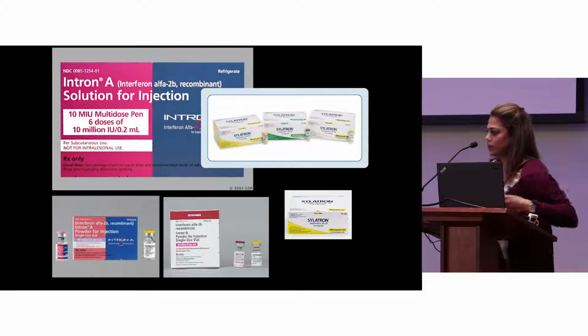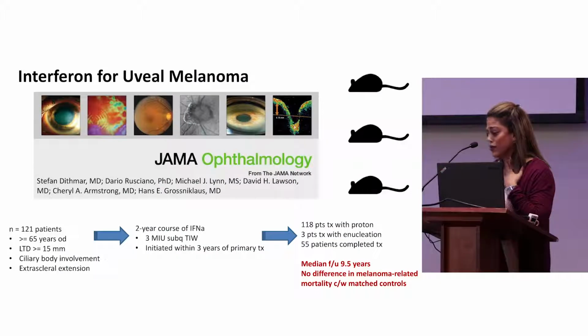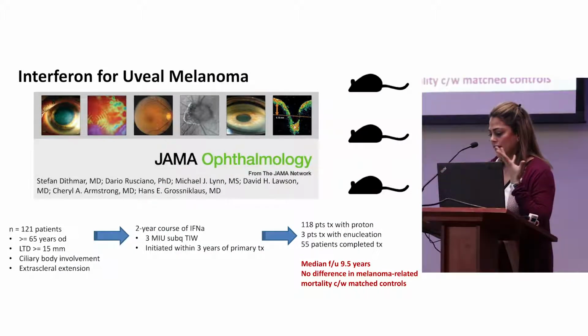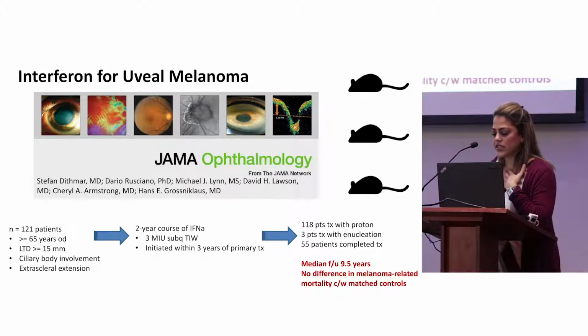So we take a lot of what we know about melanoma from skin melanoma, and adjuvant therapy started with interferon. It moved to pegylated interferon. And actually, we studied this in mice for some time in uveal melanoma, and then moved it into humans. So this was a study from some time ago that looked at about 121 patients in